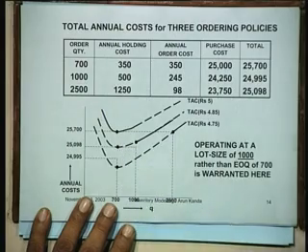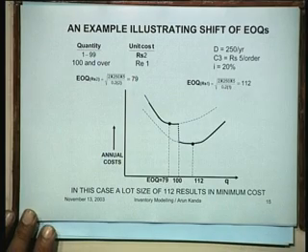This was actually a case where the EOQ value for all of them remained the same. Why the EOQ remained the same was that EOQ is determined by the square root of 2DC3 by C1. So if the carrying costs and the ordering costs and the demands are the same, then obviously the EOQ would be the same. So this was the situation here. But what may happen is that the EOQ itself might change. This second example shows how the EOQ might change.